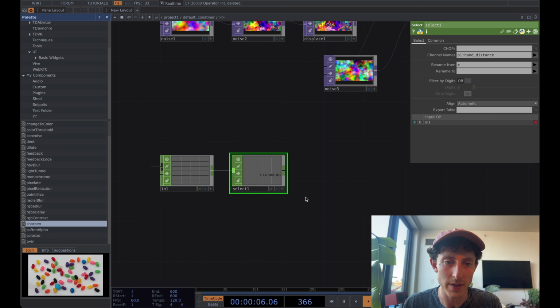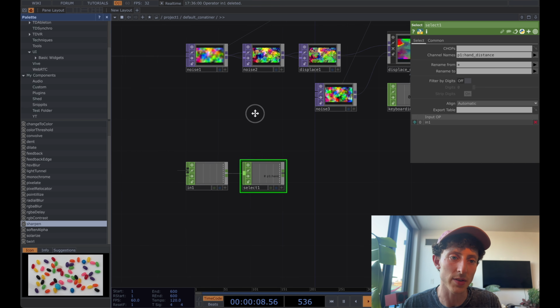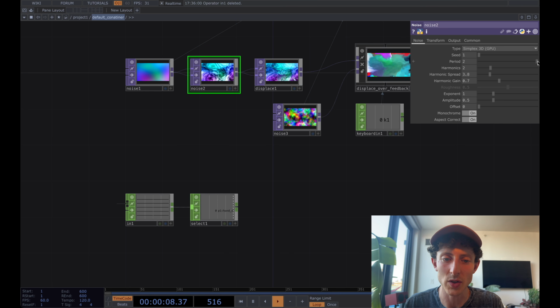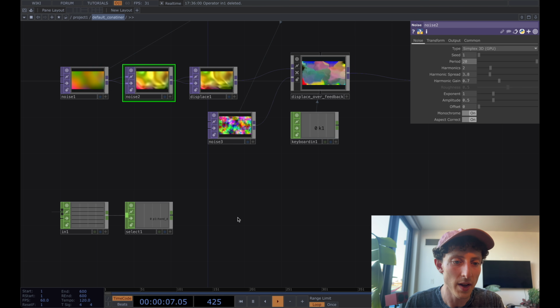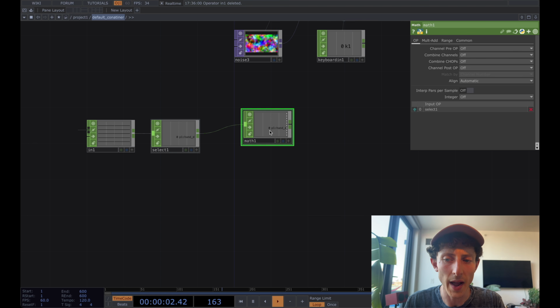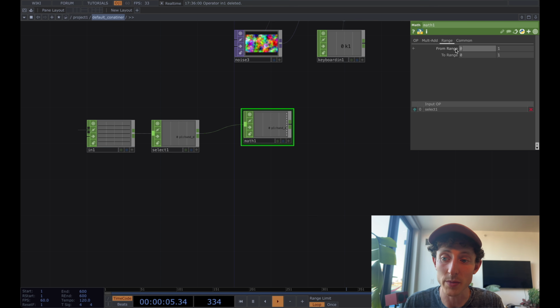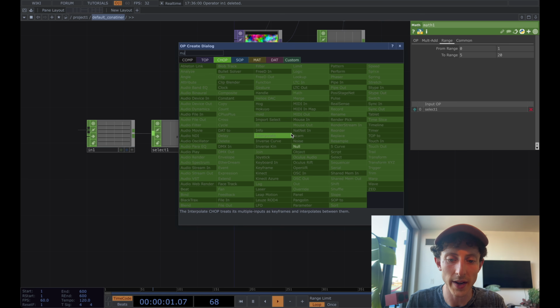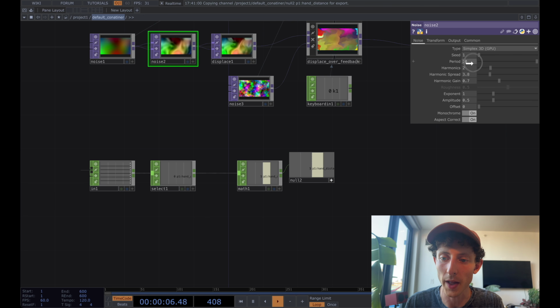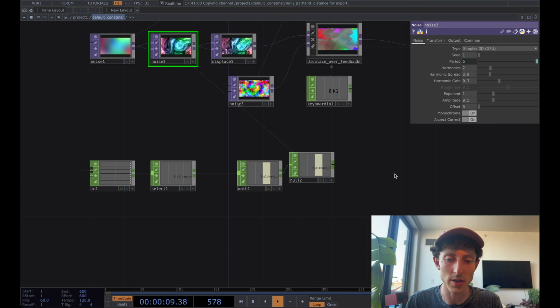The next thing we want to do is map this hand distance into a value that's going to be useful for our visuals. So one thing that I ended up doing here is instead of having our period go to 20, I thought it looked interesting to have it go from 5 to 20. And what we can do is connect this select to a math. And we're going to change the range of it. Instead of it going from 0 to 1, we want it to go from around 5 to 20. And let's go ahead and place a null down. And then what we'll do here is pass a reference from here to our noise 2 under the period. So now when we change the distance between our hands,